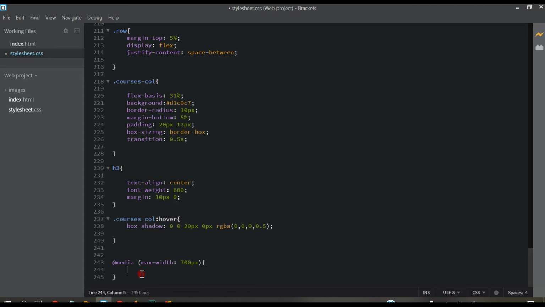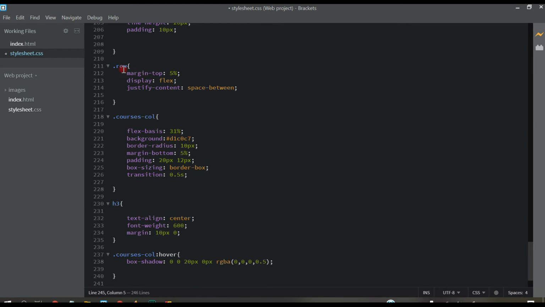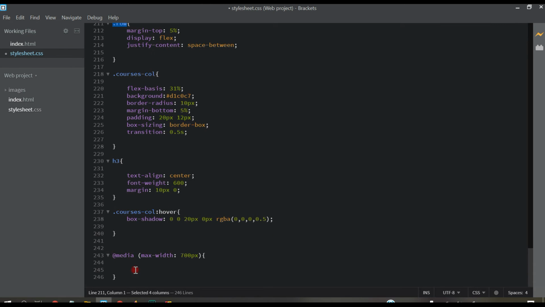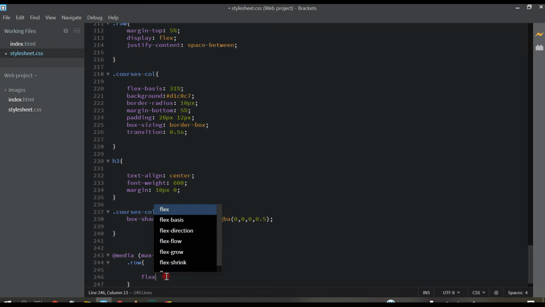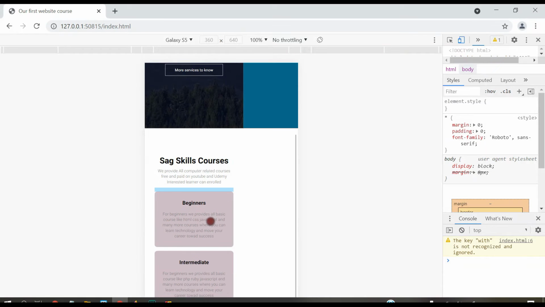Then copy this row, come back here and write it here, open bracket, and flex-direction column. Control S and see how it looks. Yeah, you can see.